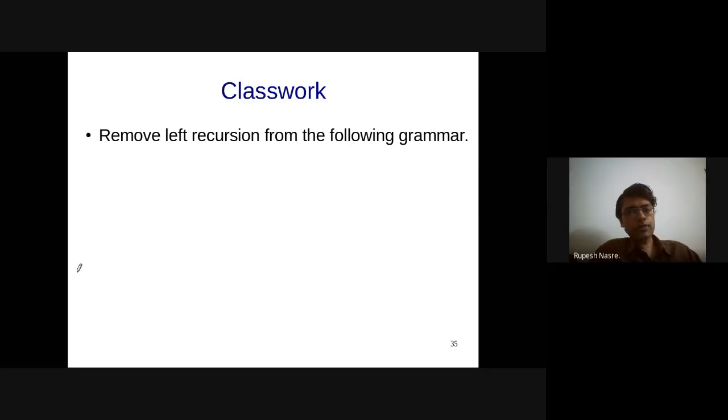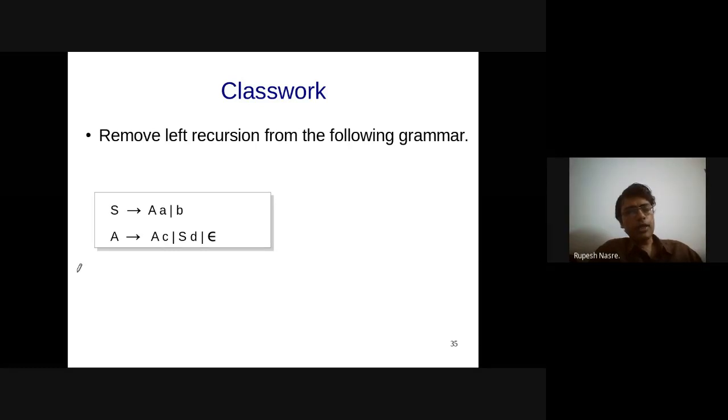So again, some small classwork we would like to do, because now I'm going to have slightly more complication. What I have is S derives something with capital A, and then A also derives something with capital A as well as capital S. Right? So I would like you to think about how to do this, and mostly it will not get into complication if you follow the mechanized procedure, but some students might commit mistakes in having this circular grammar, right? So please try that.